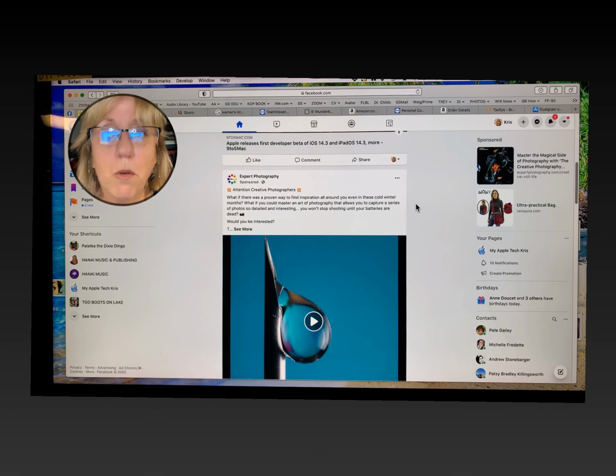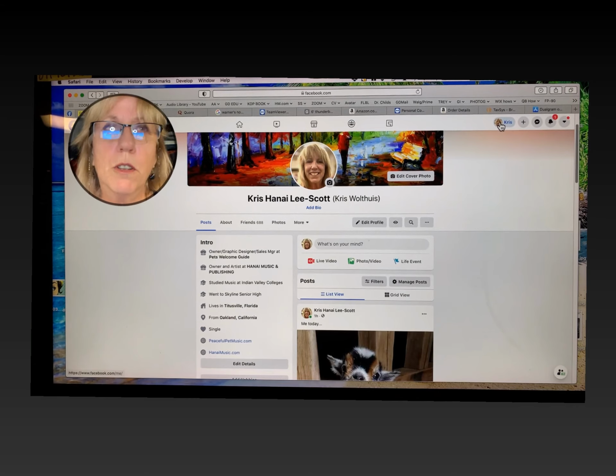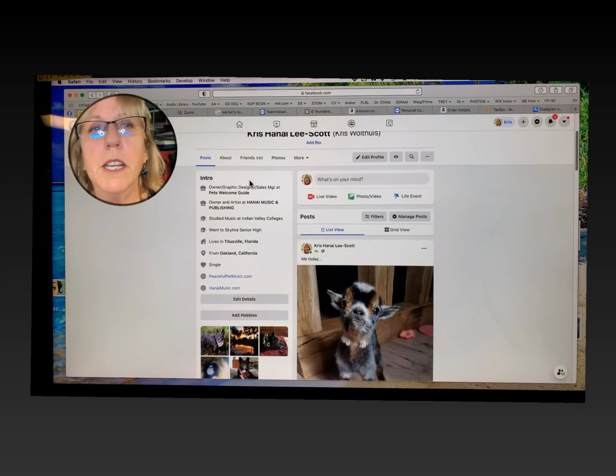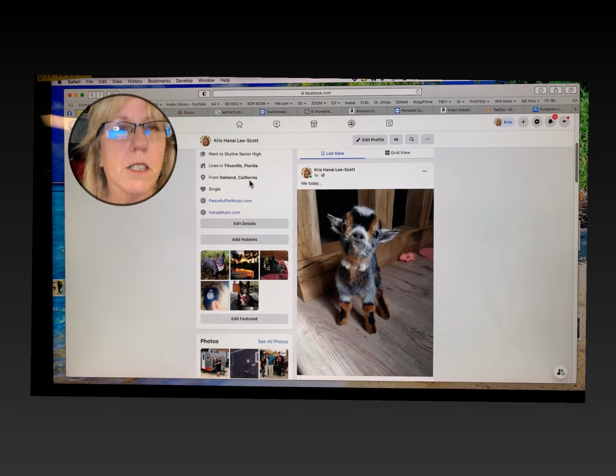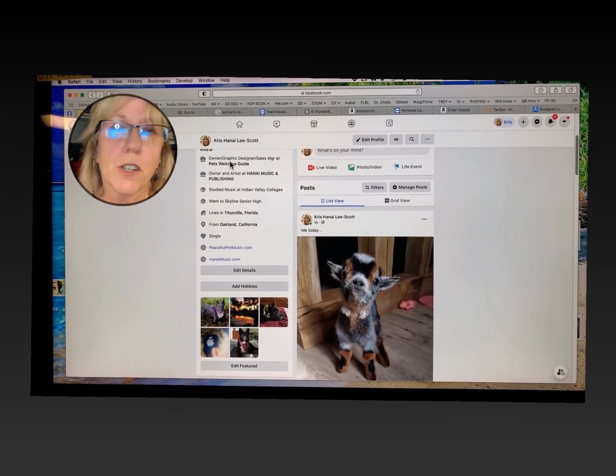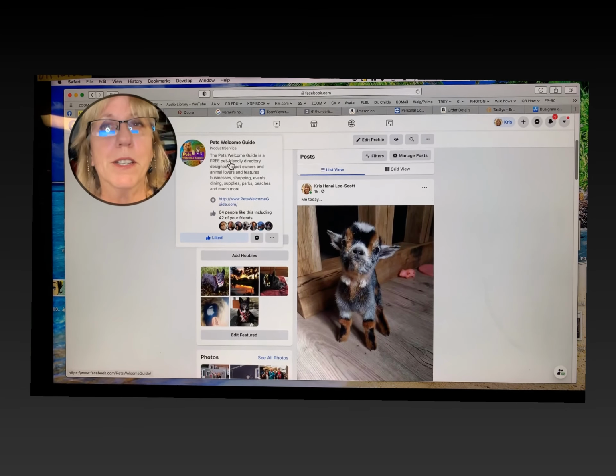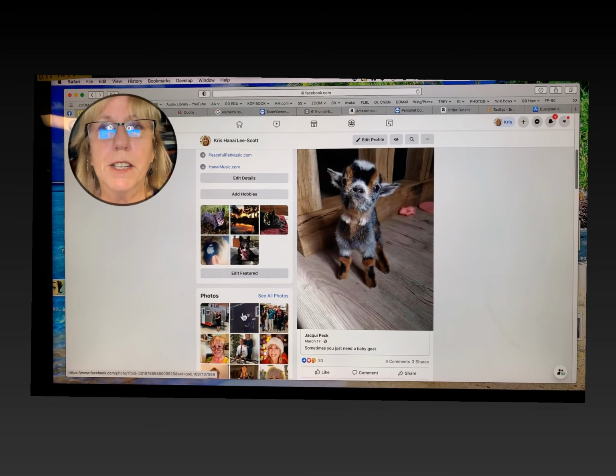And it's very important to know the vernacular so that you don't get so lost in all the stuff that comes at you. So the second place that we are going to talk about is basically your timeline. This is where you click on your picture in the upper right-hand corner, and this section contains only things that you post. This is a chronological order about you, where you went to school, anything that you filled out about this. Your pictures are kind of listed here.